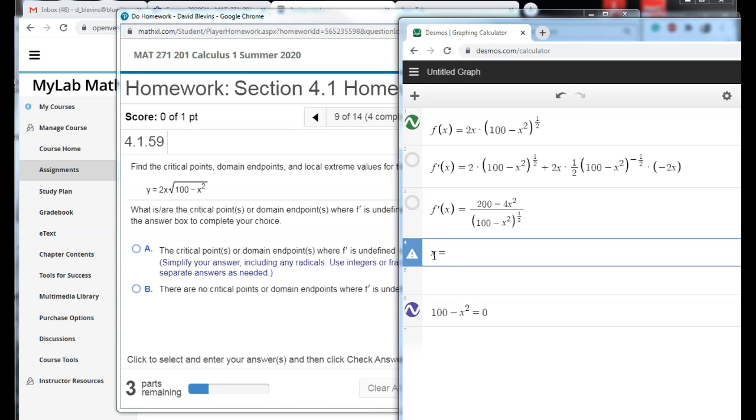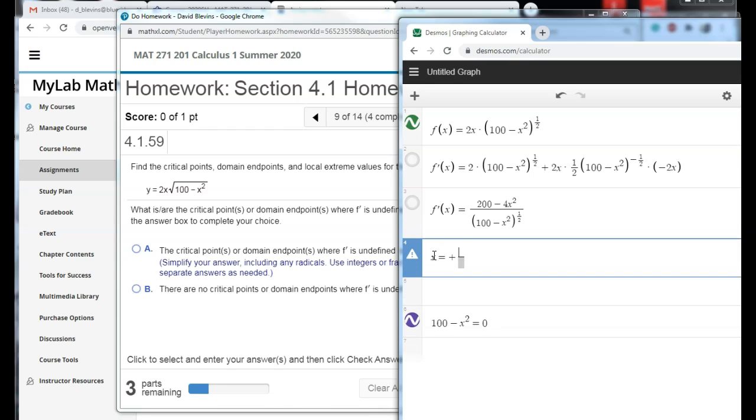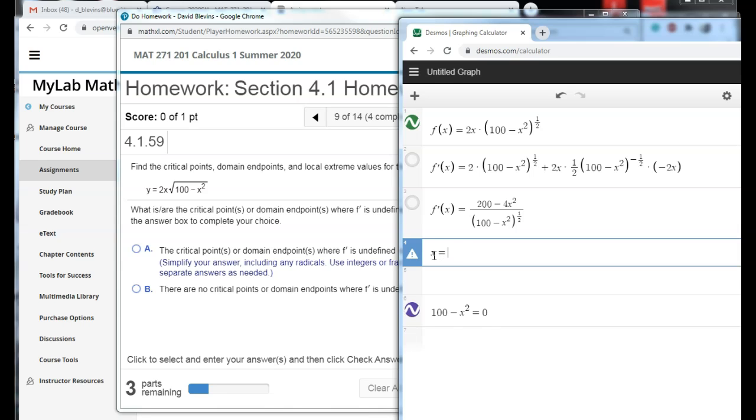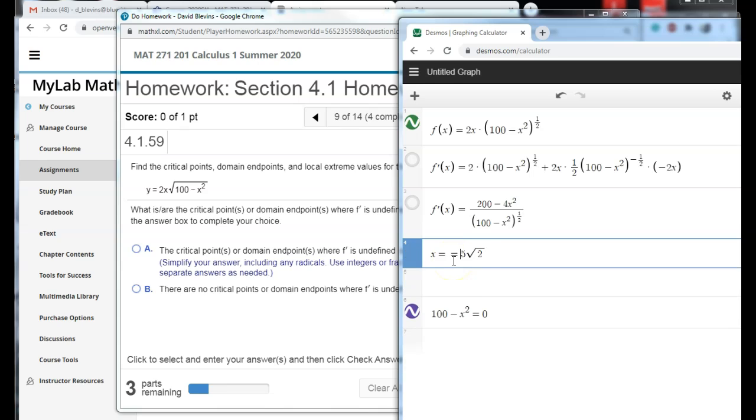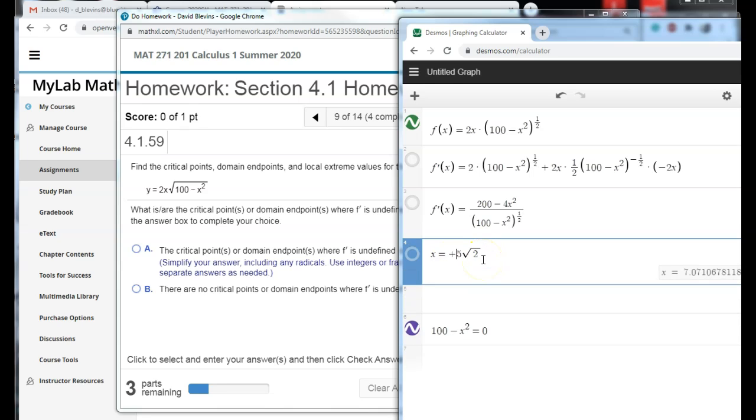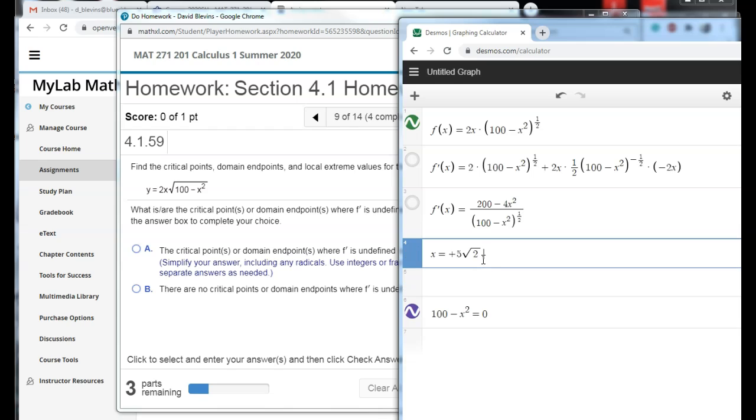And so the square root of 50 can be simplified to, that's 2 times 25. So leave the 2 in. The square root of 25 is 5. So that's 5 square root of 2. So x could be positive 5 square root of 2, but it also could be negative 5 square root of 2. And that's my places where the derivative is 0. Those are the critical points